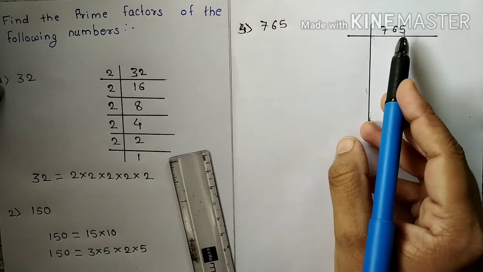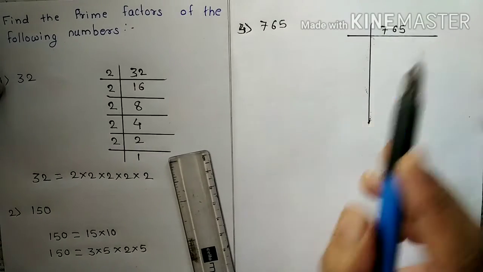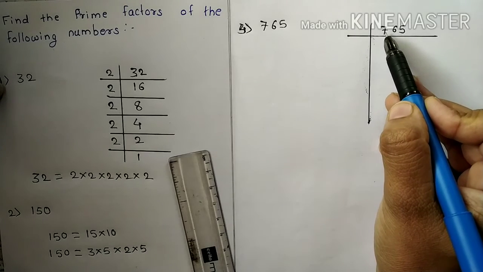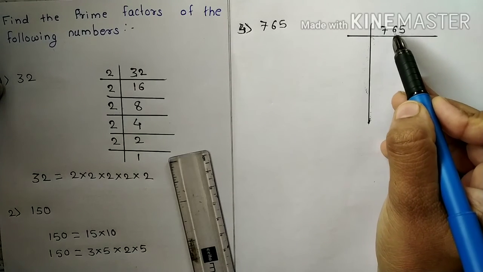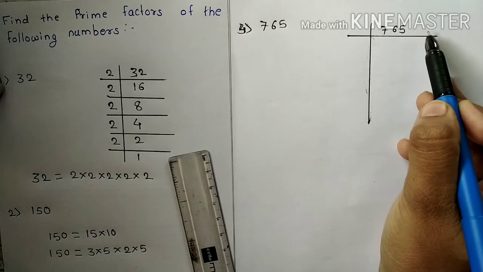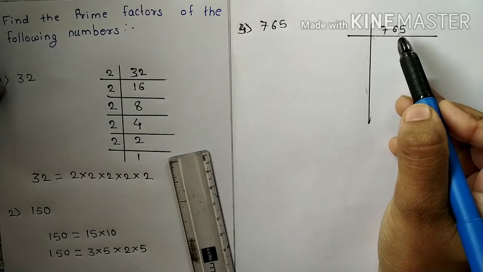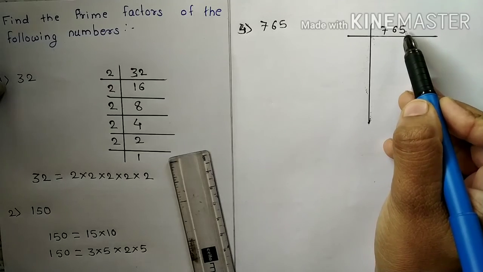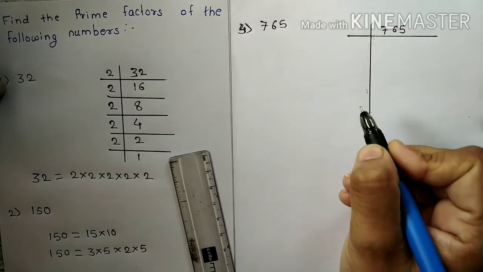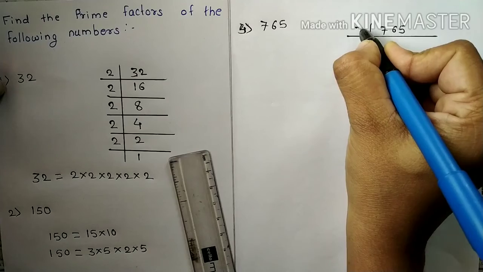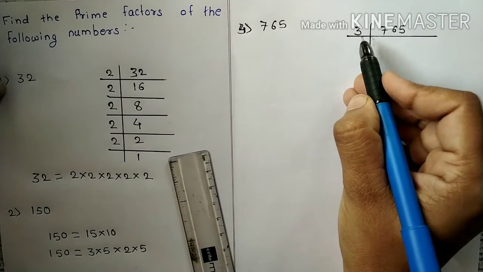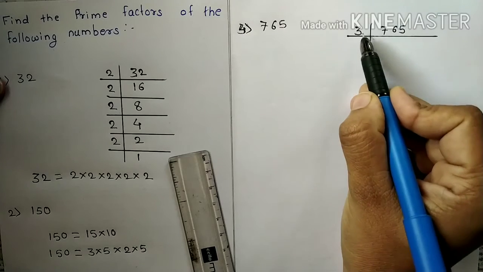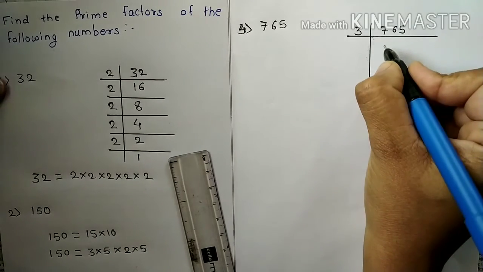765 is divisible by which prime number? Here we add the digits of 765. That is 7 plus 6 plus 5, you get 18. And 18 is divisible by 3. That means 765 is divisible by 3. So here we can write 3. When we divide 765 by 3, we will get